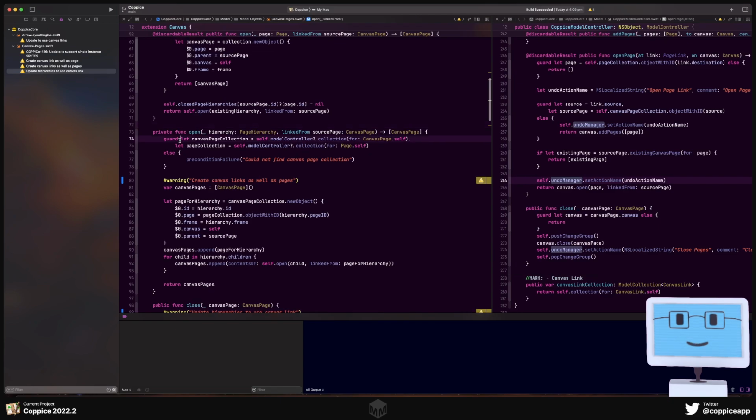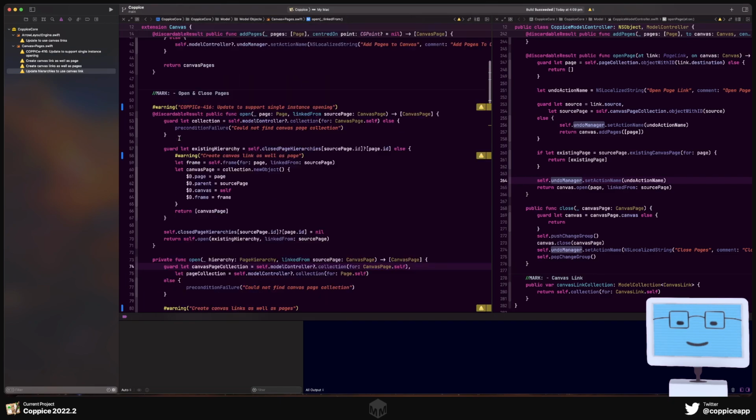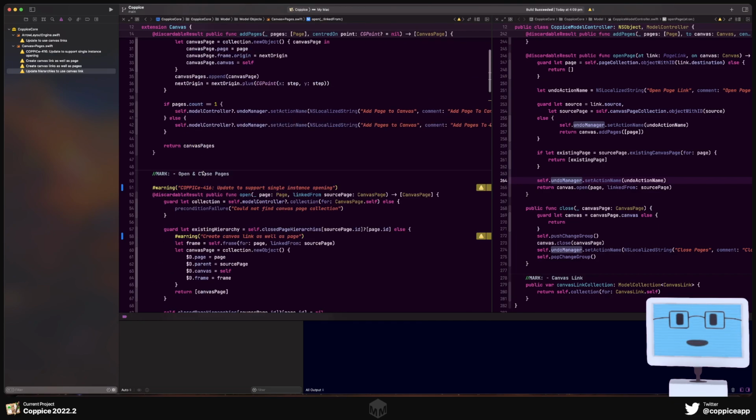Right, this we're going to have to tidy up because these guards are in bad places. So I think our steps for today, let me make a note of this for myself. Right, so we want to create canvas links when opening page. Change our layout engine to work with links,